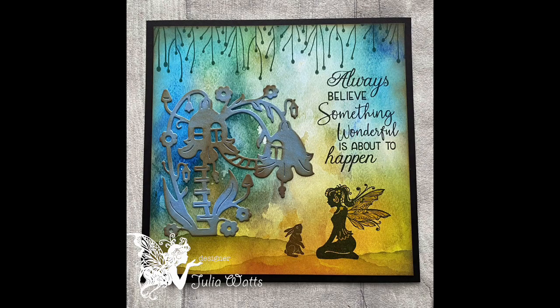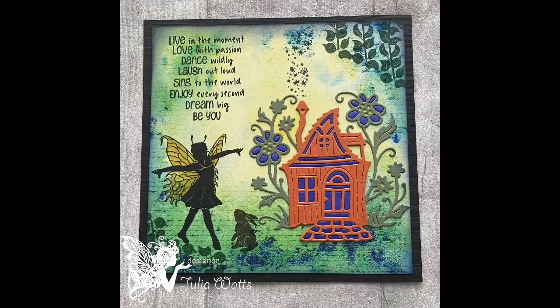This is one of the dies on the show. This is your Bellflower Villa, and little Moana is chatting to one of the little bunnies there, and you've got the meadow grass coming down below at the top. This is the other die that's on the show. I don't think I'm going to use the dies in this particular demonstration,